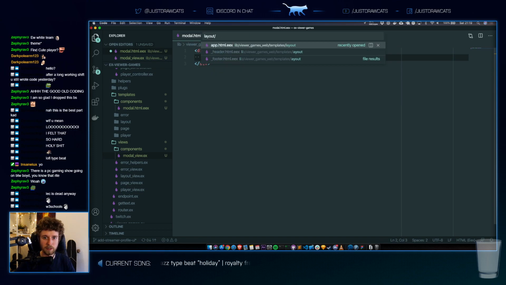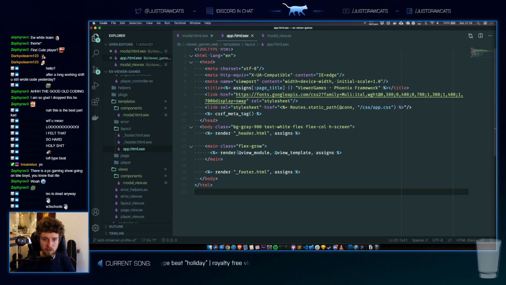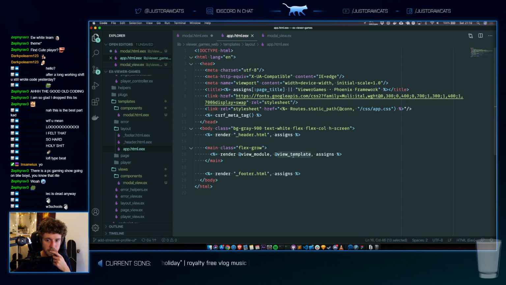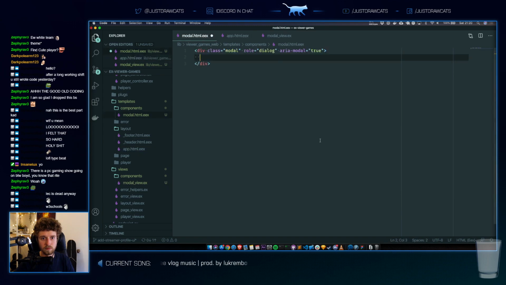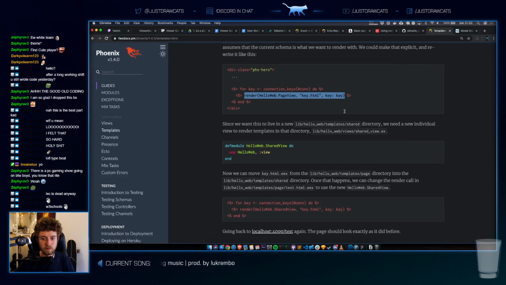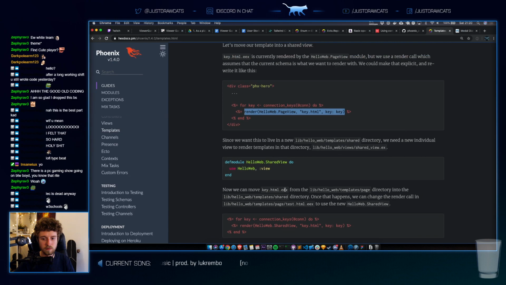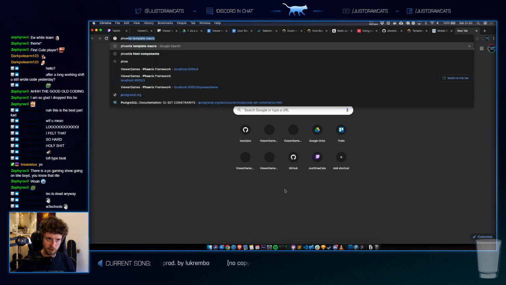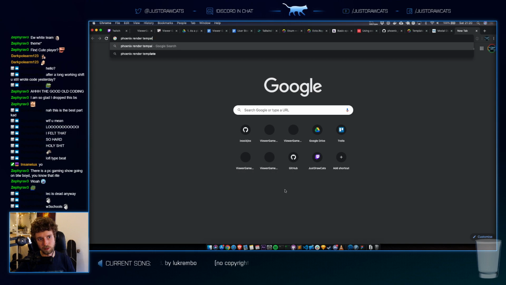Because I want to give it a block. View module. View module, view template, assigns. Phoenix render template block.